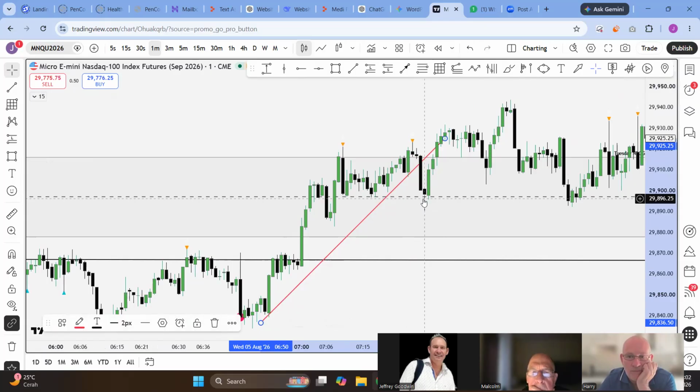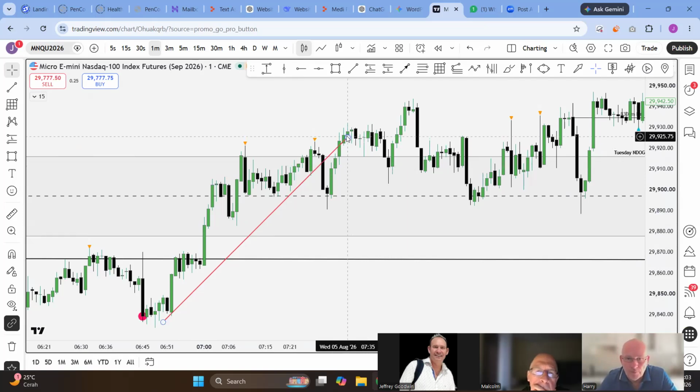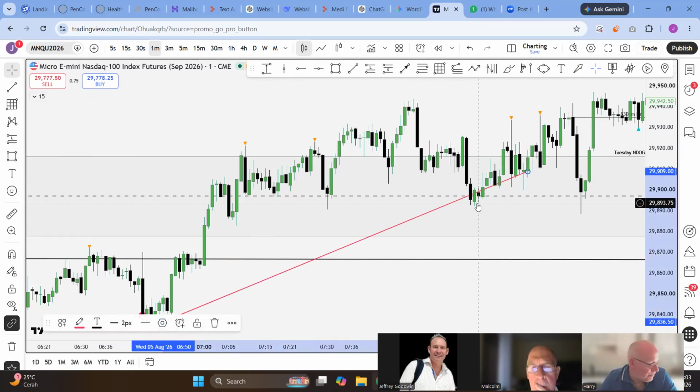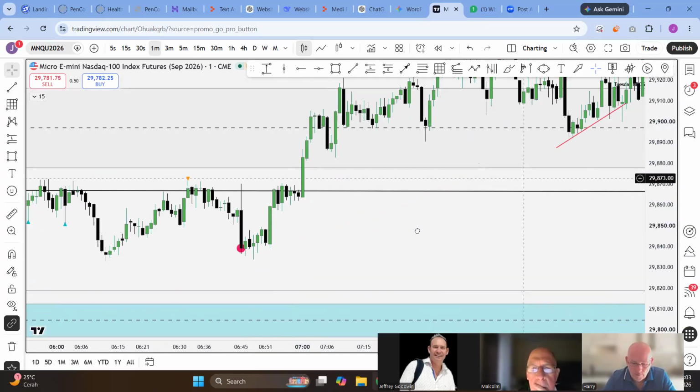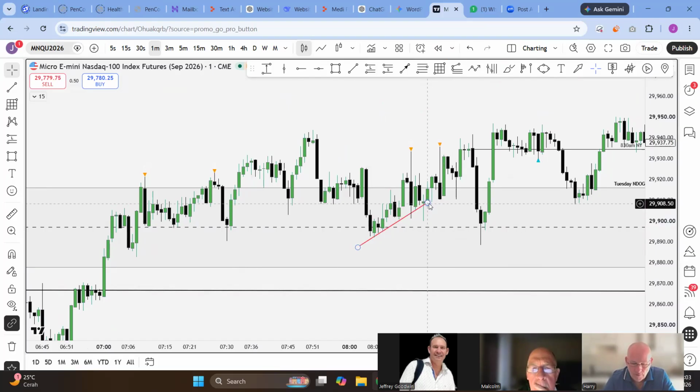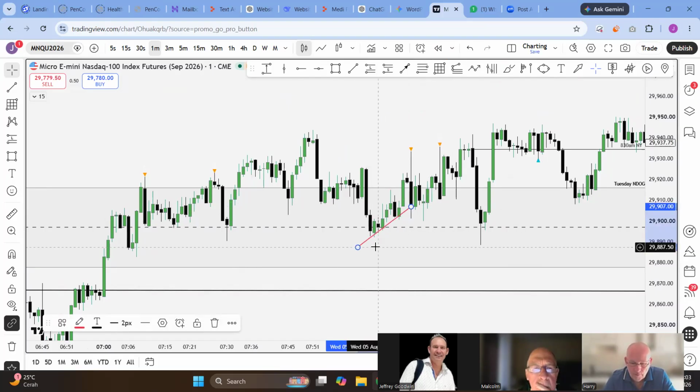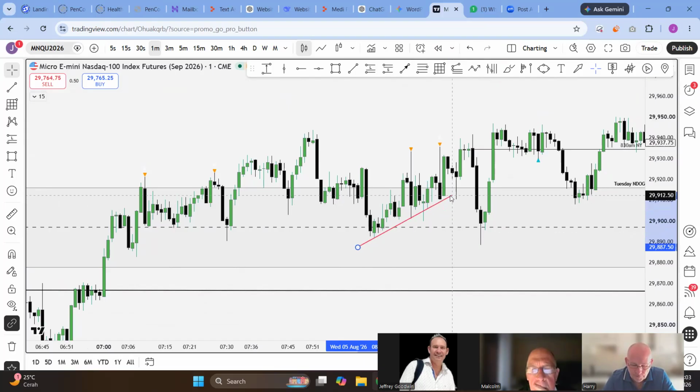And apart from that, the body's never closed below that low, did it, guys? See the bodies here? If I'm going to choose that, the body's never, that was a wick. So we then keep looking. We got another one. We could use that. So that means we've got to break that low. It does not, because we get another sell here. So we got to reset again. We have to reset again.